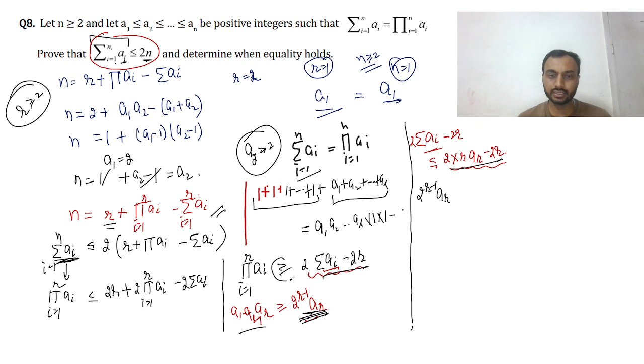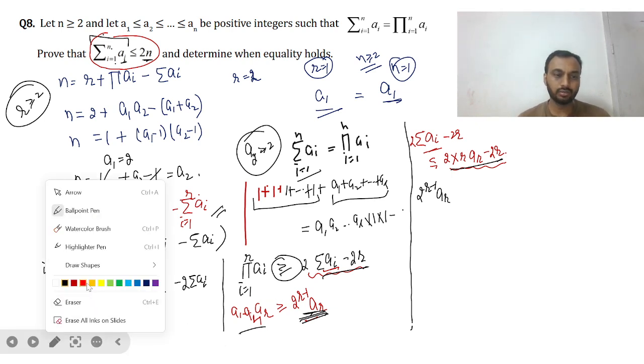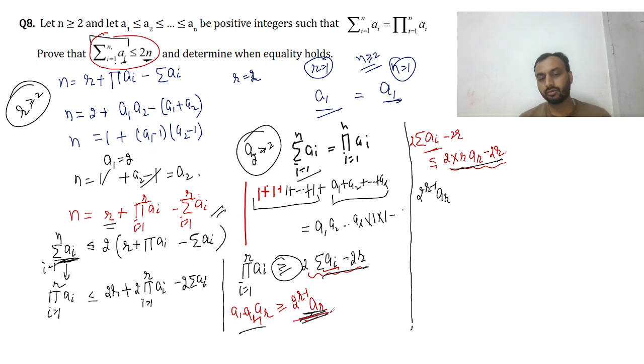Even we have an equality sign also, so we can keep an equality also. If we prove that the minimum value of the left hand side is greater than equal to the maximum value of the right hand side, that is what we ultimately want to prove. So if I say greater than equal to the maximum value,